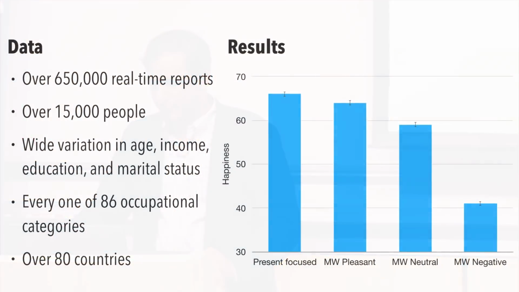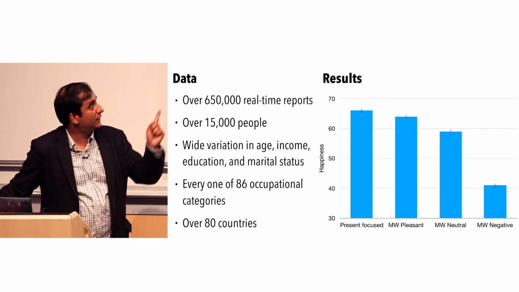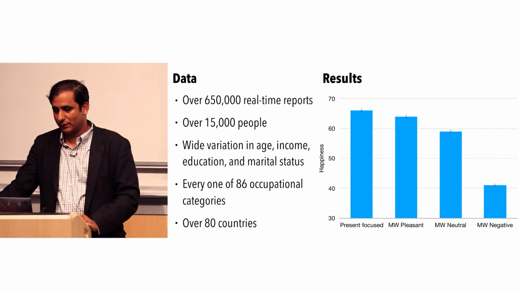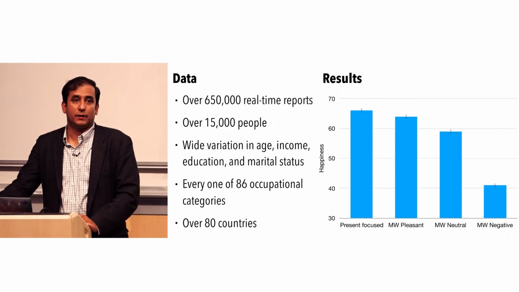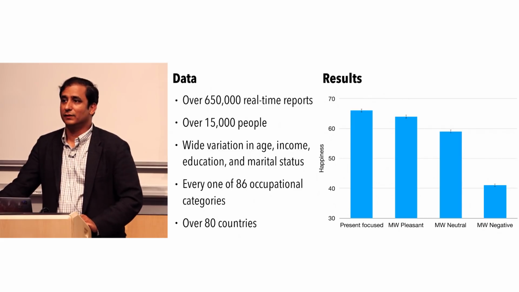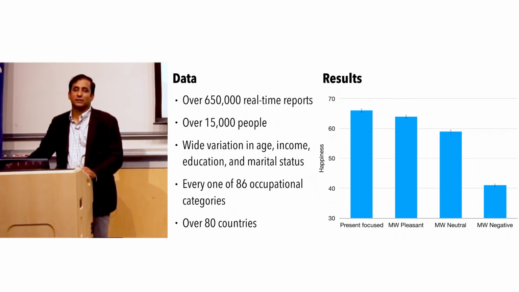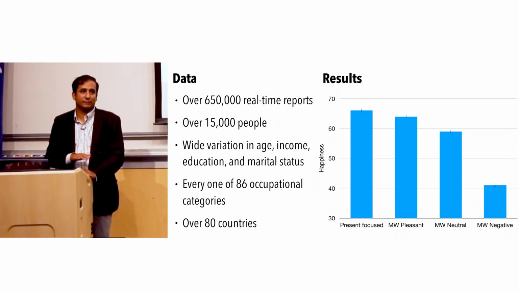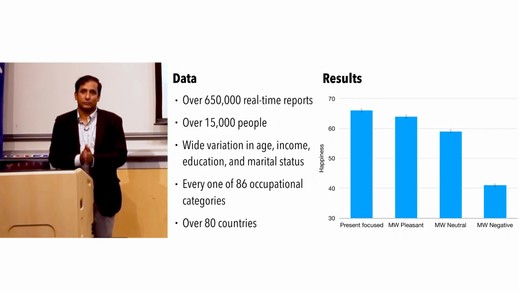And they saw that if you look at presently focused people who were doing the dishes, when they're focused on the dishes, they were the happiest apparently. If you look at pleasant mind wandering, even that had a slightly lower, and apparently significant, happiness level than neutral or negative mind wandering. So even when you are thinking of a vacation or something positive and your mind wanders into those positive states, even then your happiness level was less than when you're actually focused on the task. So that's a very interesting result, I think, and something to think about.